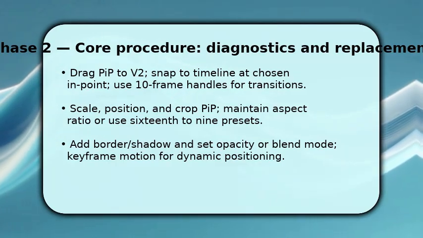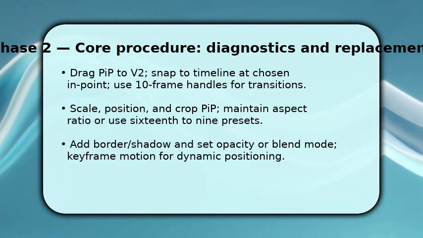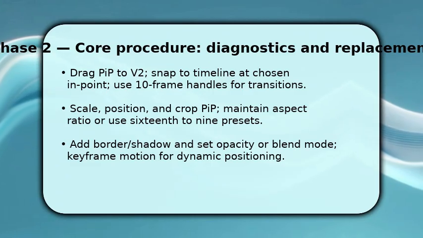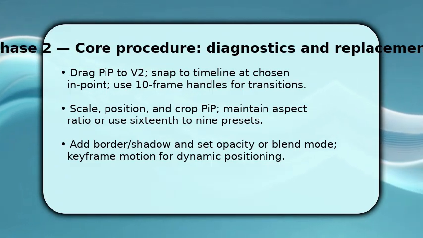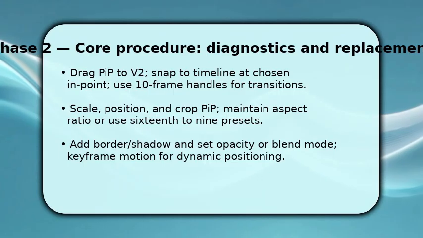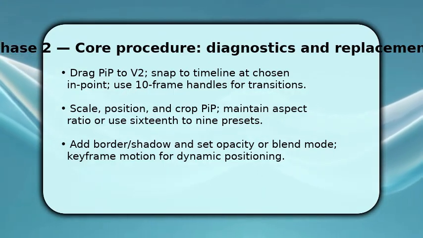Next, scale and position the PiP using either a preset aspect like 16:9 or by maintaining the clip's aspect ratio, because consistent framing avoids distortion. Then apply a subtle border and shadow to separate layers, and set opacity or blend mode. If you want movement, add keyframes to the position and scale, so the PiP can slide or zoom in sync